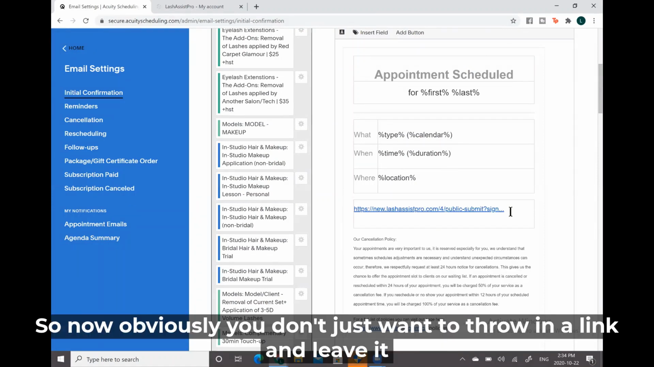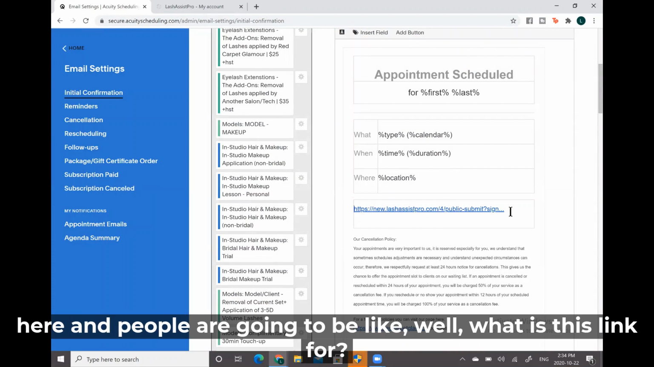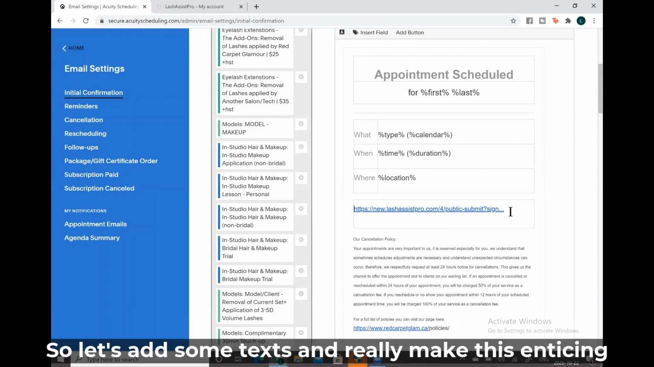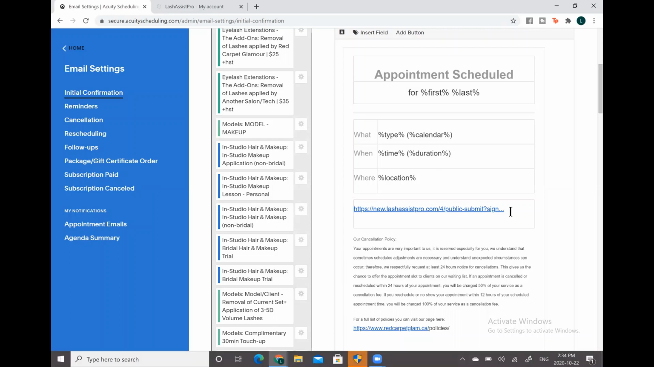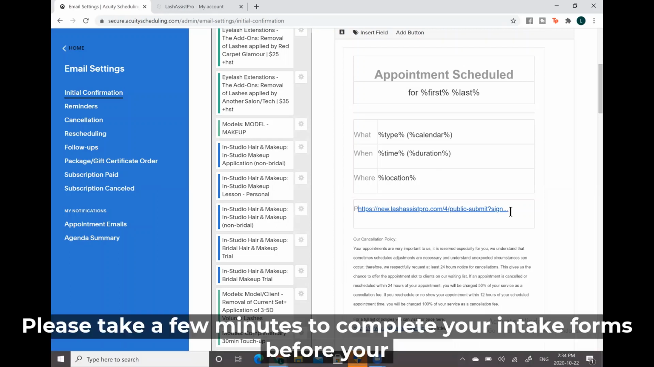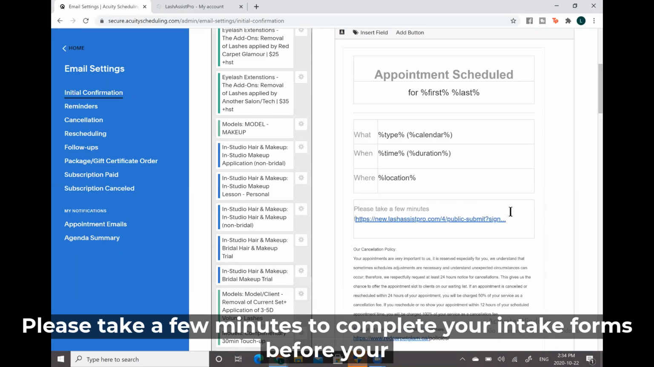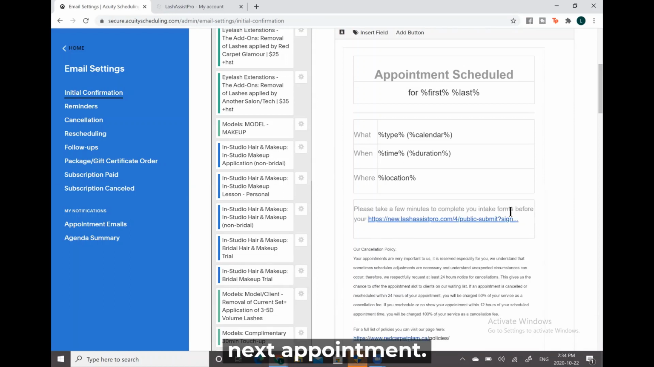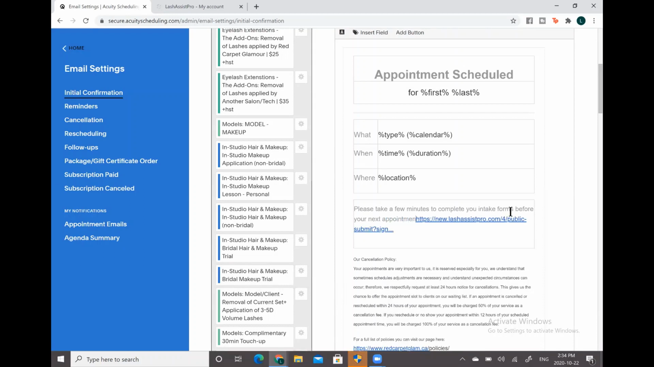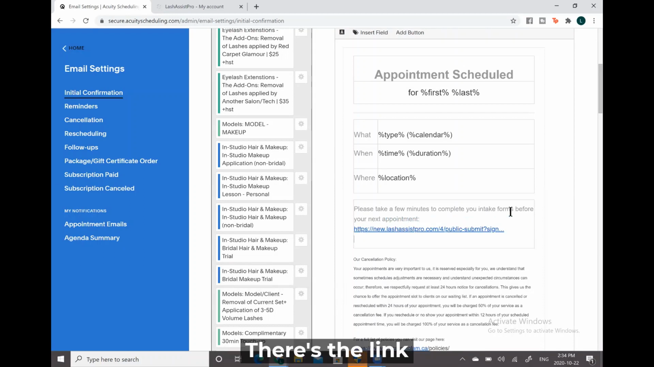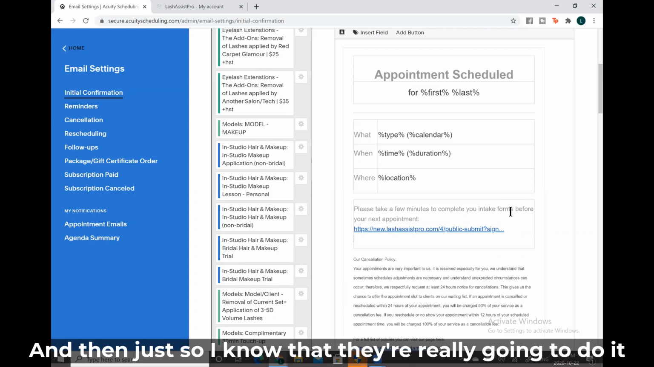Now obviously you don't just want to throw in a link and leave it here, and people are going to be like, well, what is this link for? So let's add some text and really make this enticing. Please take a few minutes to complete your intake forms before your next appointment. There's the link. And then just so I know that they're really going to do it, this